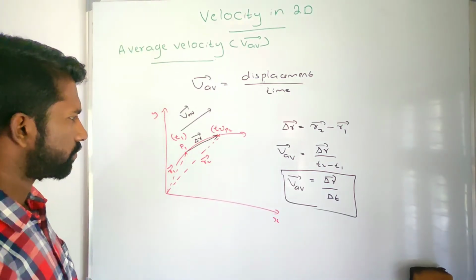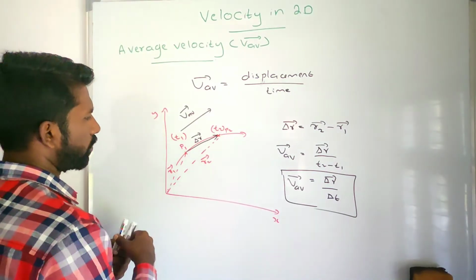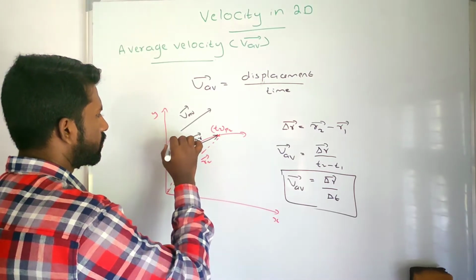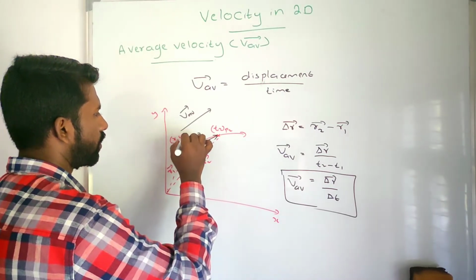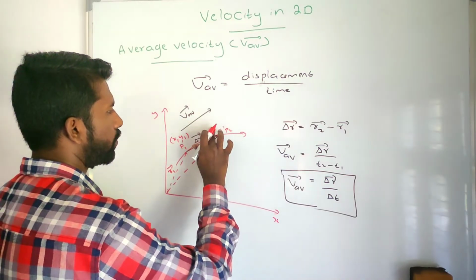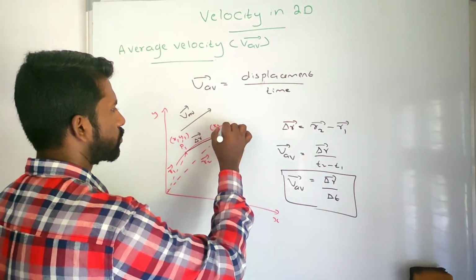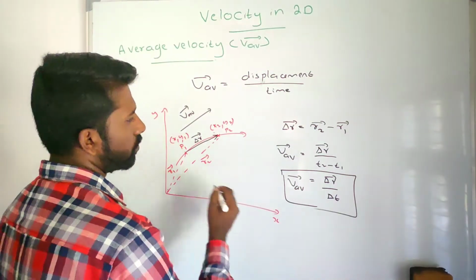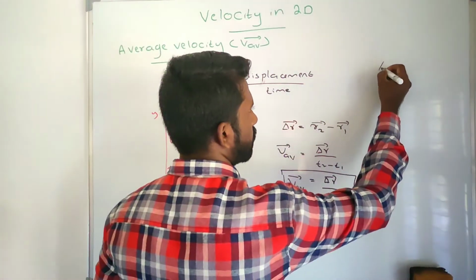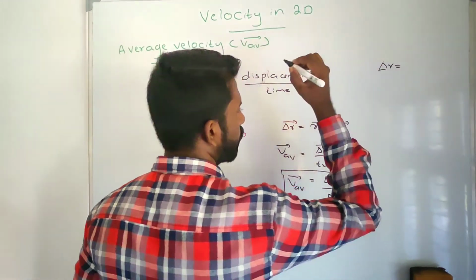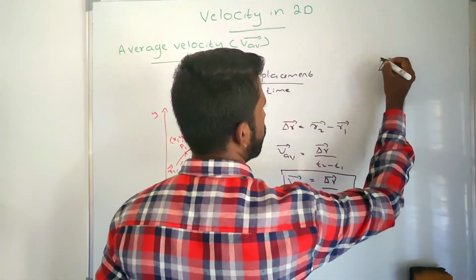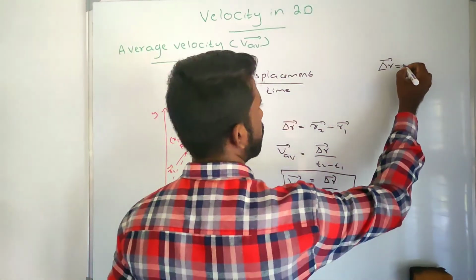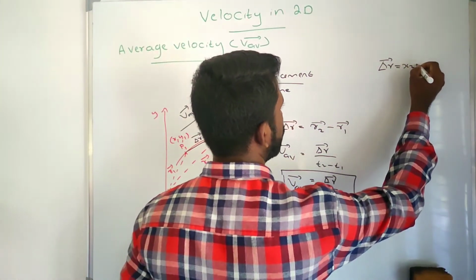Okay, then if this point P1 is x1, y1 and this point P2 is x2, y2. Okay, then what about the delta R? The delta R is equal to R2 minus R1. So we need to know what R2 is. R2 is the final point position vector, that is x2 i